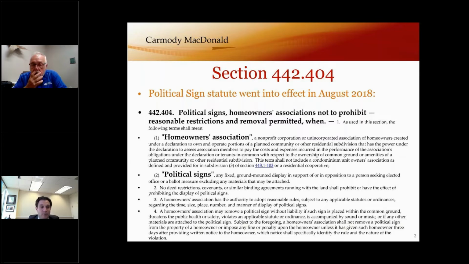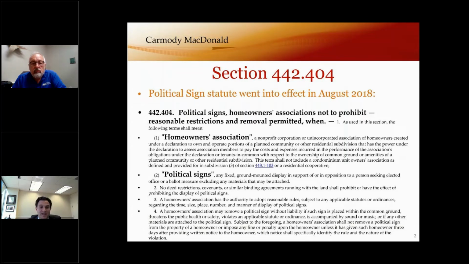But I think the important point about this is the reason we're dealing with a homeowners association is because in this situation, oftentimes owners own a lot and have control of the yard in front of their home, as opposed to a condominium association where usually the owner does not own that outside property, and so it would be inappropriate for them to be placing political signs on property that's owned in common.